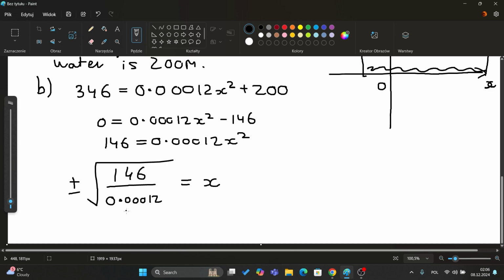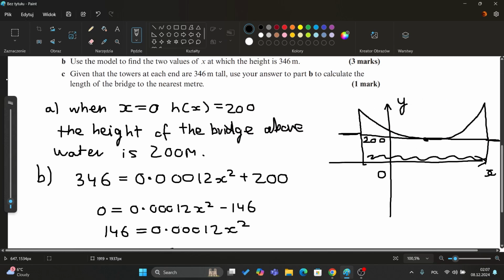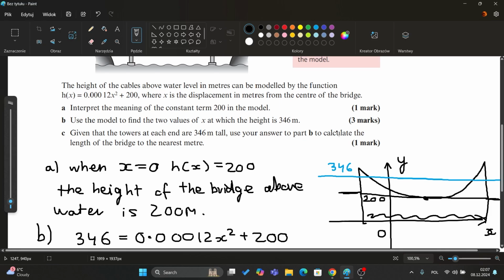So now we work this value out on a calculator, and x equals plus or minus 1103 meters. So when we have a height of 346 meters, which for example could be here, we have our distance from the center to be over a kilometer